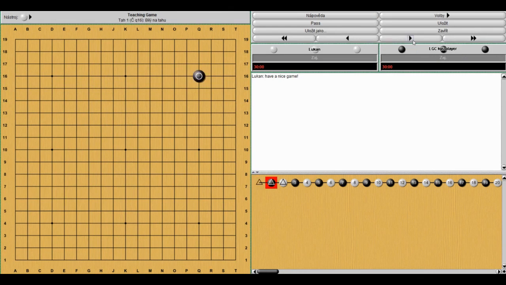Let's go through the game from the beginning to the end. So black started with 2-star opening again, and this time white also chose the 1-star point, and black decided to make this active formation at the bottom. But black didn't continue so actively after that, because black decided to play this block, which is definitely a slow